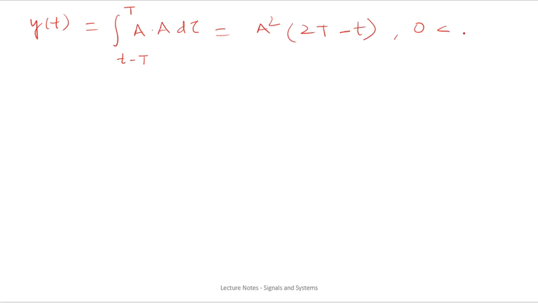So now you can just evaluate the convolution integral for this case, put the limits according to the area of overlapping. So this will come as